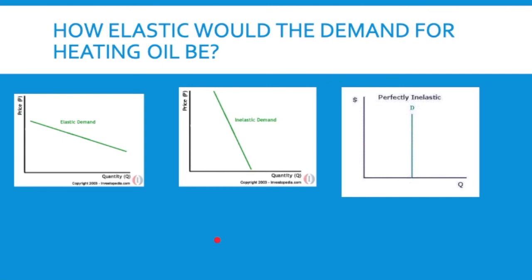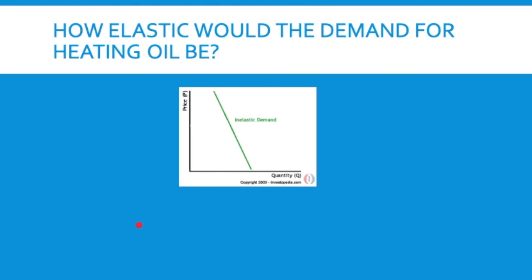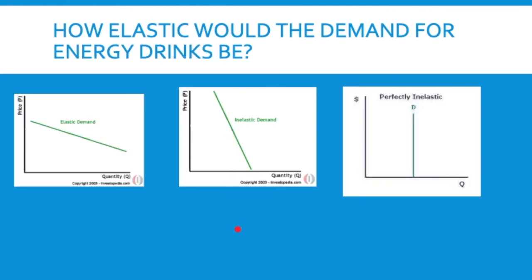Last one, I think, what would the demand for heating oil be? So you need to heat your house. If the price goes up, it's probably going to be inelastic. You're not going to like it. You're going to have to cut back in other areas if the price of heating oil goes up, but you still need to heat your house. So you might turn the thermostat down, wear more warm clothes, trying to save heat, but it's not going to change a great deal, because you still need at least a minimum amount of heating oil to heat your house in the winter. So it'll be a very inelastic demand curve. It's a necessity. You have to have it.